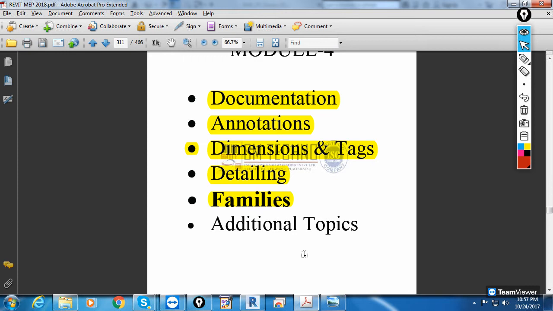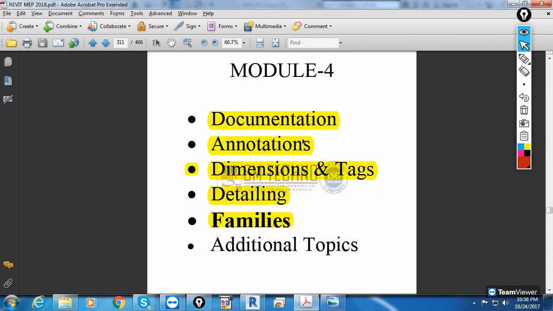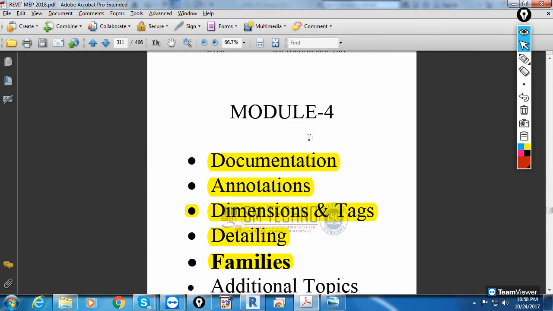Then at the end we'll also talk about additional topics which we can find in the syllabus, after the syllabus, the list of additional topics. Okay. So in these 4 parts, the lengthy one is families. These are not lengthy but important. And remember, module 4 is common for all the services, and in module 4 in documentation we learn how to deal with the different views, how to create the views, and we'll discuss in detail,